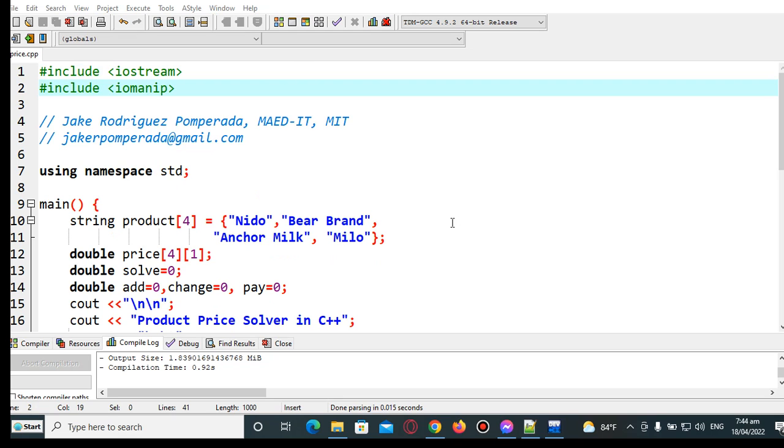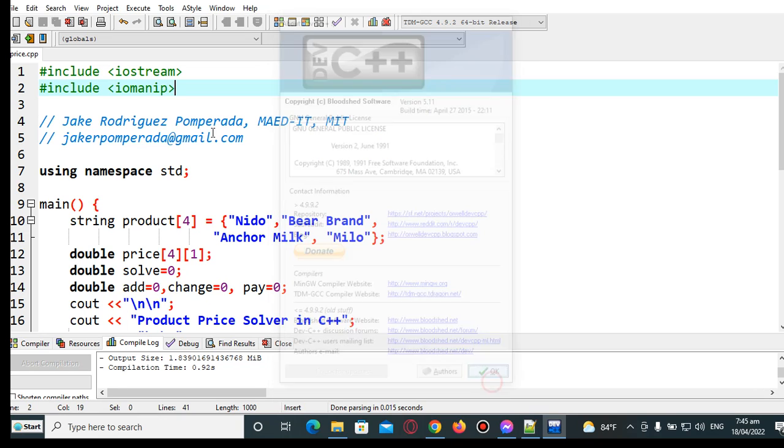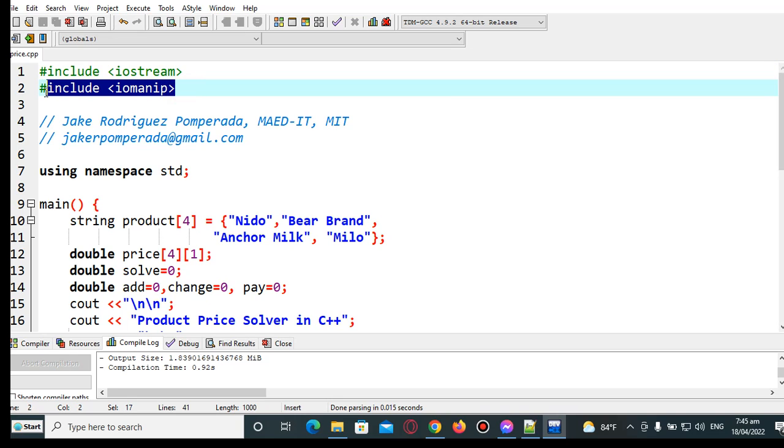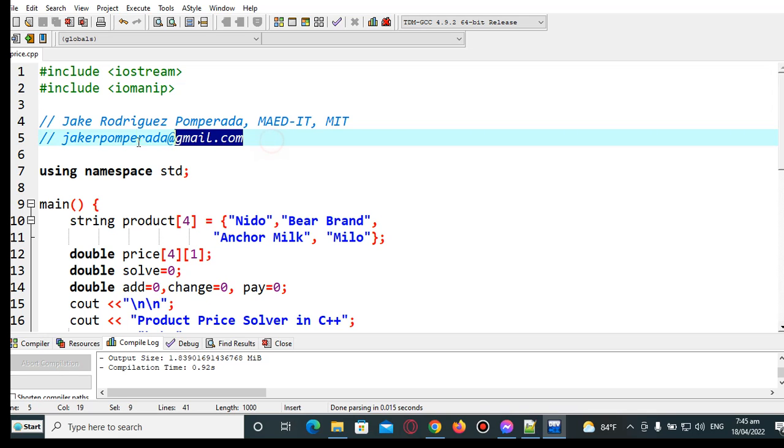So let's get started. Basically, guys, I'm using Dev-C++ in writing this program. So we have here #include <iostream> for input output, #include <iomanip> for input output manipulator for decimal places in C++. It is written by yours truly, Jake Rodriguez Pomperada, MIT, and then the email address at